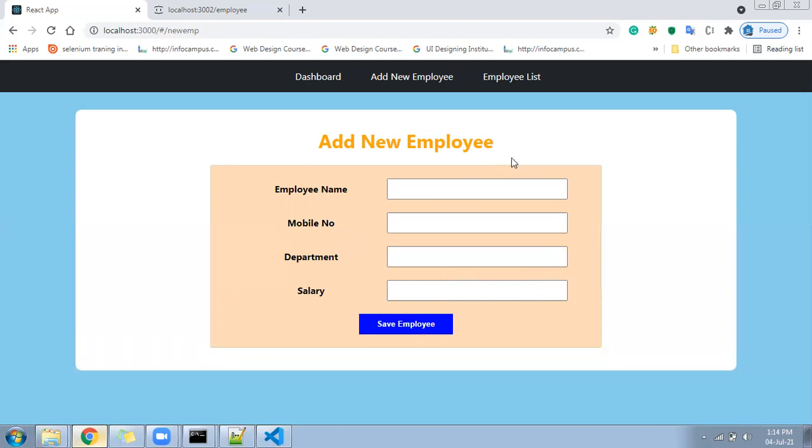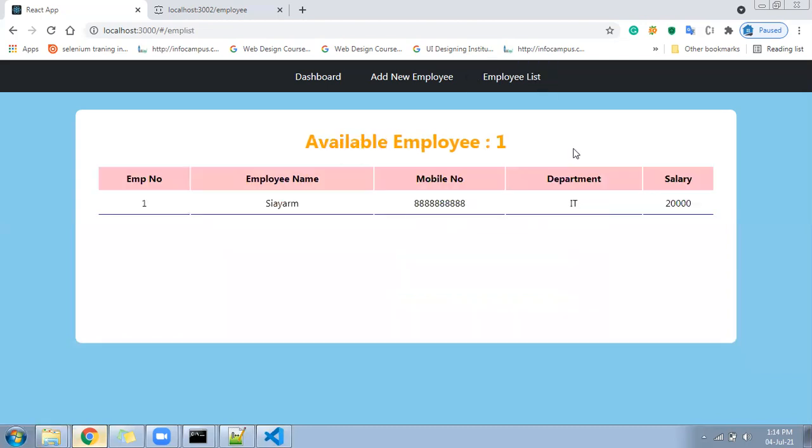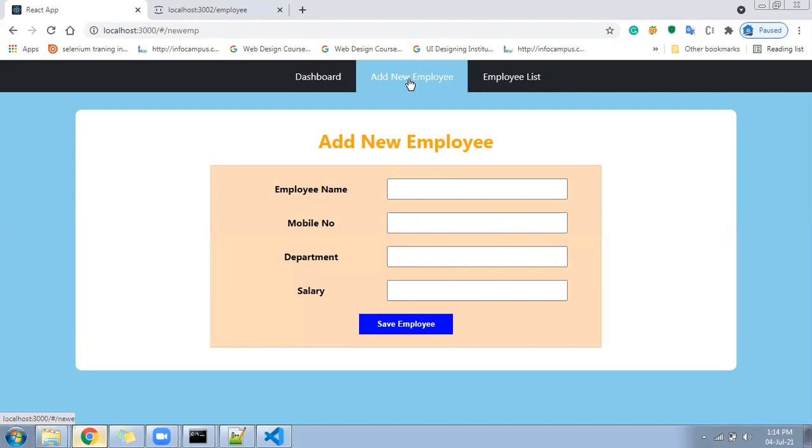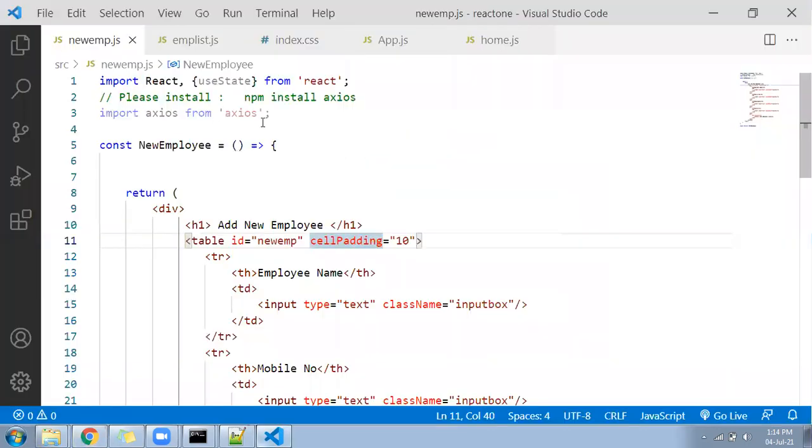Now what is the target? The target is when we fill the data here and click on save, this data should go to this JSON file, and finally that data should reflect under the employee list. Correct. So one place you are saving and storing under the JSON server, and again from the JSON server you are reading and displaying, right? So let me go to the EMP file now. Since it is a functional component, and I believe you have already installed npm install axios.